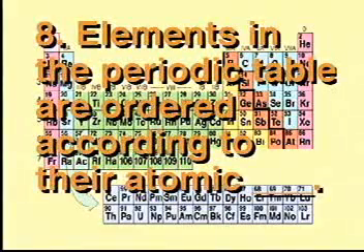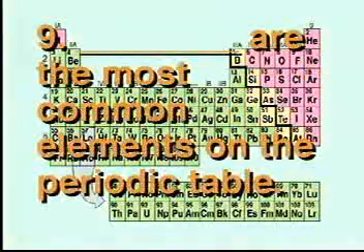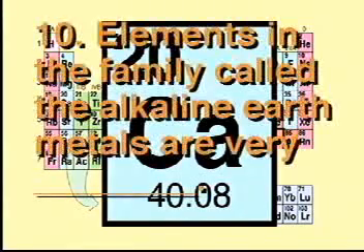Elements in the periodic table are ordered according to their atomic. Number 9. Are the most common elements on the periodic table. Number 10. Elements in the family called the alkaline earth metals are very